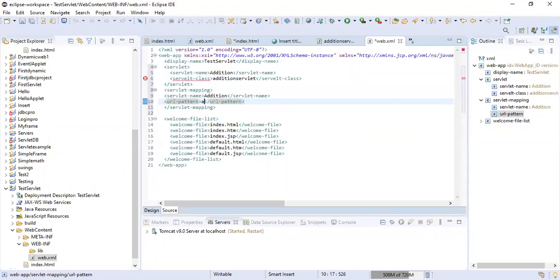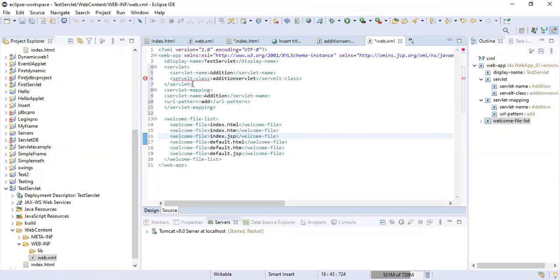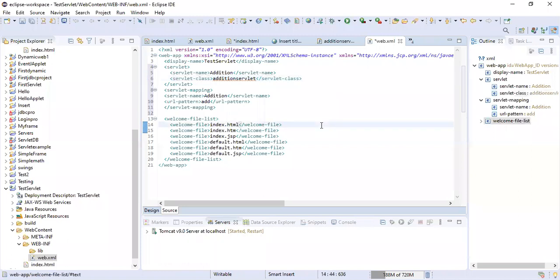Why am I getting this error here? The servlet class spelling is wrong. Yes, servlet.